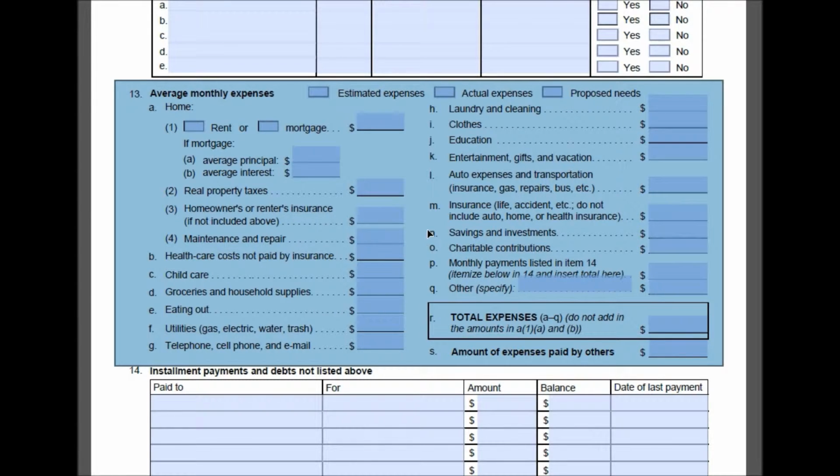Because it's general, as with page 2, you have to remember that not everybody is going to have a figure to put in every box. For example, if you don't have children, right here at box C, then you're not going to have any expenses for childcare, obviously. But all of this should be fairly straightforward: rent versus mortgage, property taxes, maintenance and repair, healthcare costs, childcare, etc. So categorize all your expenses in your head and put down what they are in the appropriate box.